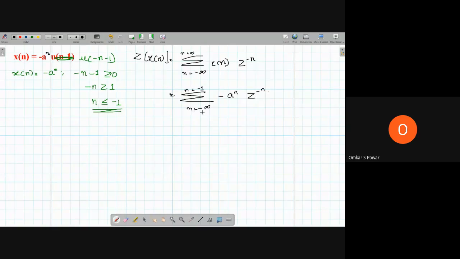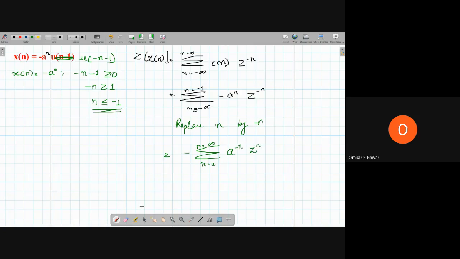So whenever minus comes in your limit, what do you have to do? We have to replace n by minus n. These things we have done previously also. So replace n by minus n. What happens when you replace n by minus n? I'll take this minus outside first. So your limit changes: n is equal to 1 to n is equal to infinity. Because we are replacing n by minus n, it is 1 and this is infinity, and this will be a to the power of minus n and z to the power of n.